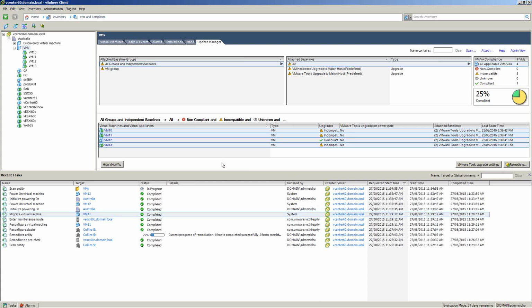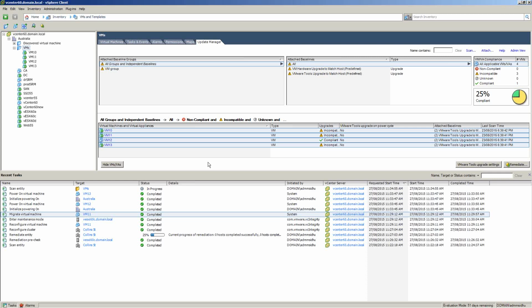Have you run into any upgrading problems, Manny, or has it been pretty smooth? I think it's been pretty smooth. It's a tiny lab, like I said, so I haven't run into any problems yet. At my work, we've got a much larger environment, so I'm sure we'll have some issues there. Have you run into any, Lauren? No, I haven't, and I've actually done it a couple of times. It's been a little while, but from what I recall, it was pretty smooth. Yeah, it's not bad at all.